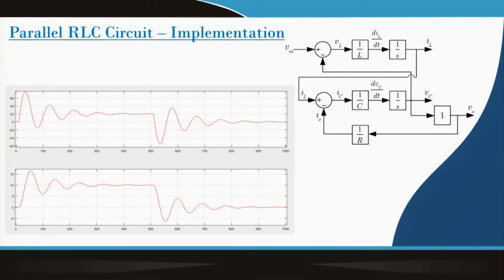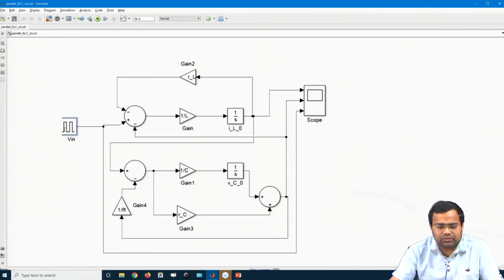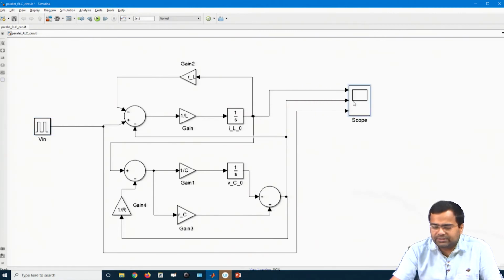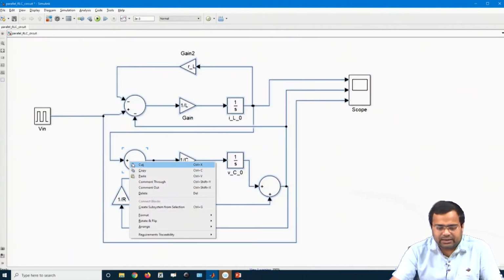Now, we need to make a modular block. That means, let us go back, and we know how to create the subsystem block, right. So, what we will do? We will keep those outside, and this whole block we will select, and create a subsystem.